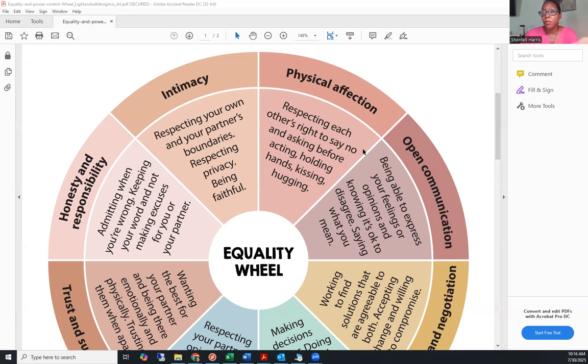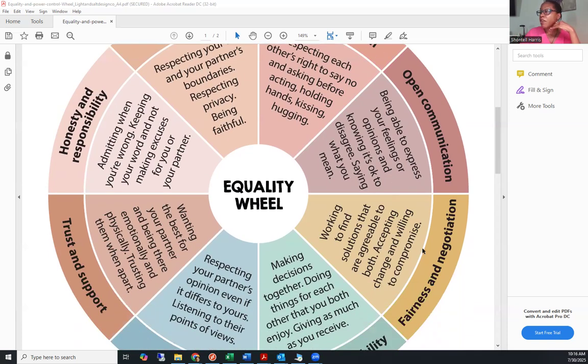It's 50-50 with both partners. Okay, so it's going to be compromise. Learn how to compromise. All right, fairness negotiation, working to find solutions that are agreeable to both, accepting change and willing to compromise. Like what we were just saying,